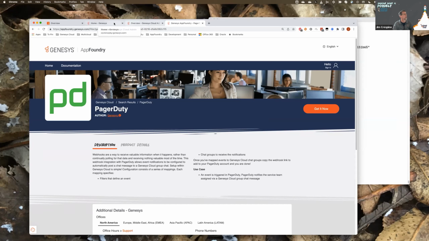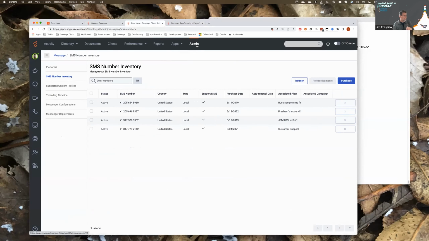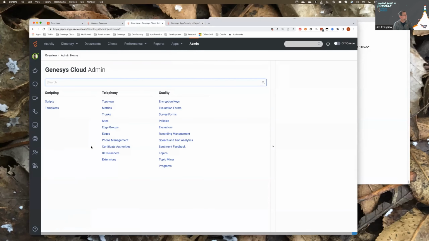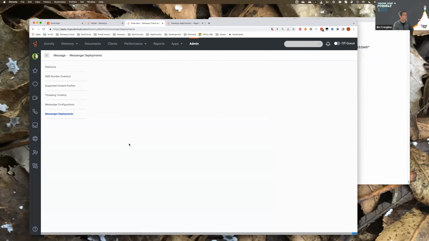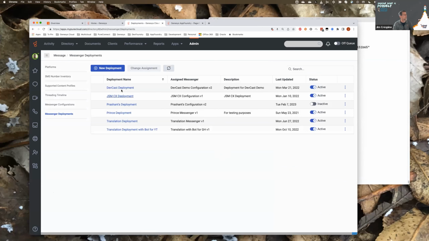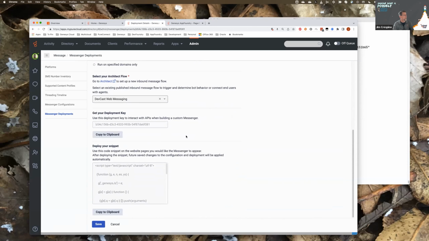So if I go look at, here's my org. So if I go to web messaging, messenger deployments, I can't remember if it's in deployments or configuration. I think it's in deployments. So here is the code that you can copy to the clipboard and then save somewhere and then go put